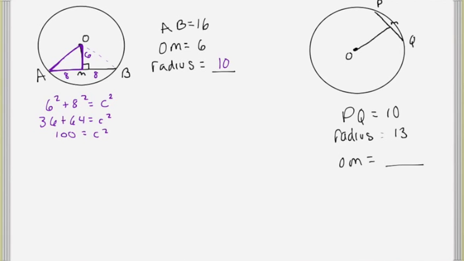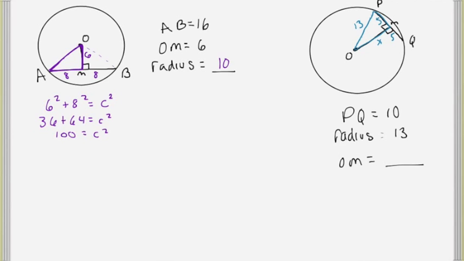All right, and this one, we are given PQ is 10. Like the last problem, I guess I didn't draw in my little right angles in there. Like the last problem, since we have right angles here, we can split that chord up equally. So instead of 10, we can call that 5 and 5. Our radius is 13. Again, like the last problem, it's not drawn in, but we can draw in anywhere that connects the center to the edge, and that will be a radius, and they're all the same. They're 13. We're looking for OM,